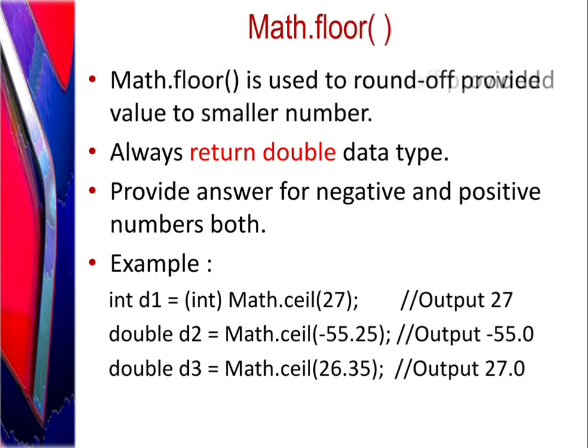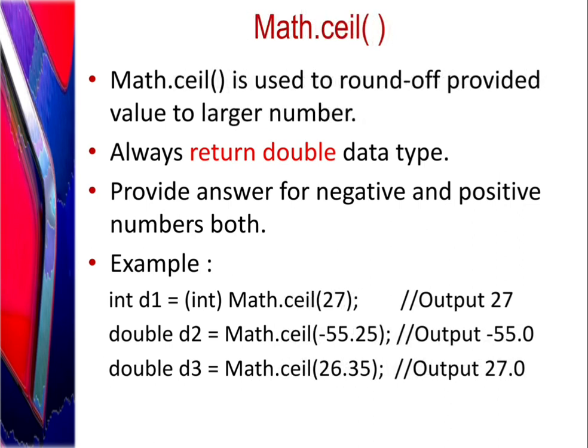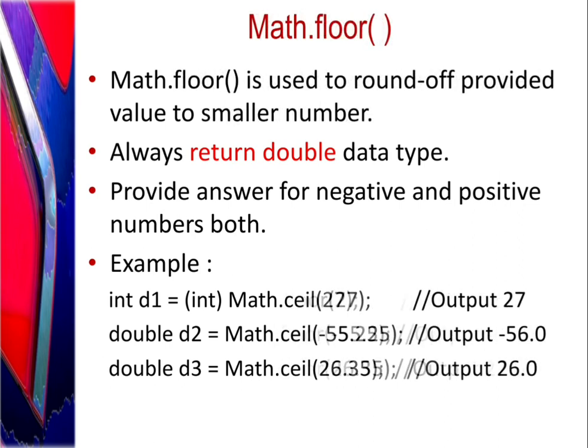And see, the same thing is with floor. In our room, we have floor and we have ceil. Ceil means ceiling, and floor means we have to come backwards with the smaller one. Ceil with the larger one, floor with the smaller one. Everything we are doing with ceil, the same thing we are doing with floor, but in ceil we have to move further and in floor we have to come backwards, meaning towards smaller.